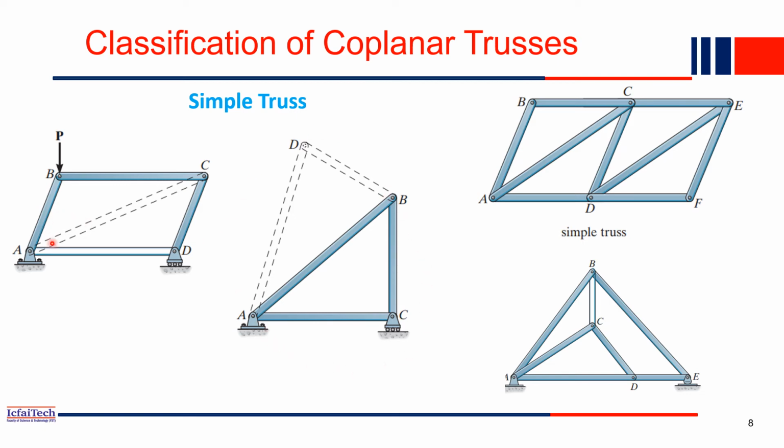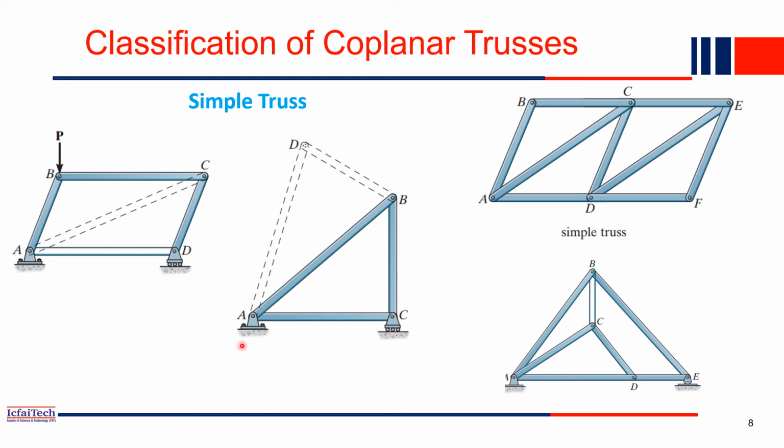Now if you see the left side picture, this is not a truss. Why? Because this is a rectangular shape they made. If we apply a load, what will happen? All these joints are pin joints, right? Pin joint means it can rotate. If loads are applied, the entire frame will buckle and come down in this direction, because rotation is allowed at all joints. All joints are pin joints, meaning a hinge where rotation is allowed. In that case, your truss won't be stable.